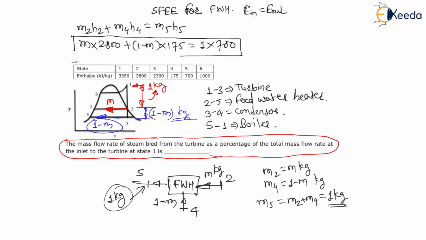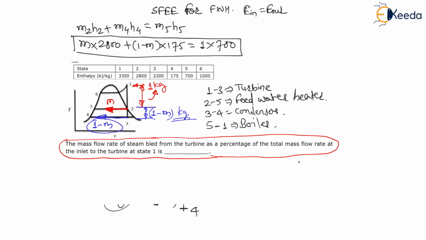Now my dear students, in this total equation only mass is unknown, only m is unknown. Let us solve for m, right? If I solve this equation for m, then the value of m you will find is 0.2 kg, right?